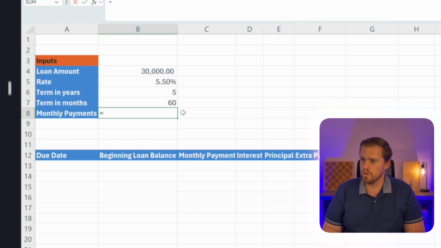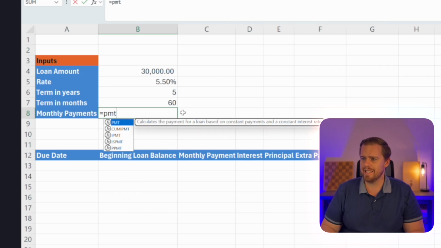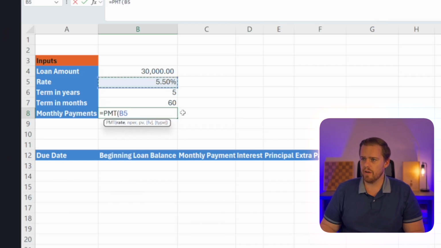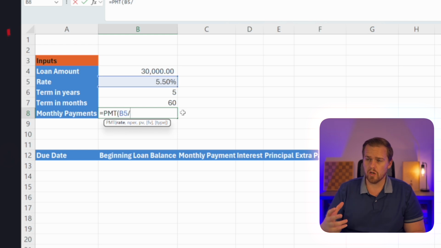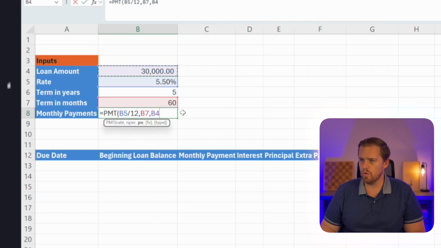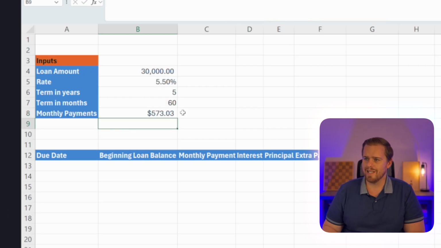All right, so we're actually gonna use a formula here. We're gonna use the payment formula, so we'll press equals PMT. And then we're gonna figure out our rate, but we don't get charged 5.5% every month. That is gonna be divided by 12, as that is a yearly APR, or annual percentage rate. And then we'll press comma. Our term in months will be 60. And then our present value will be $30,000. But we're gonna put a negative in front of that, and you'll see why in a second. We'll press enter, and we come out with a monthly payment of